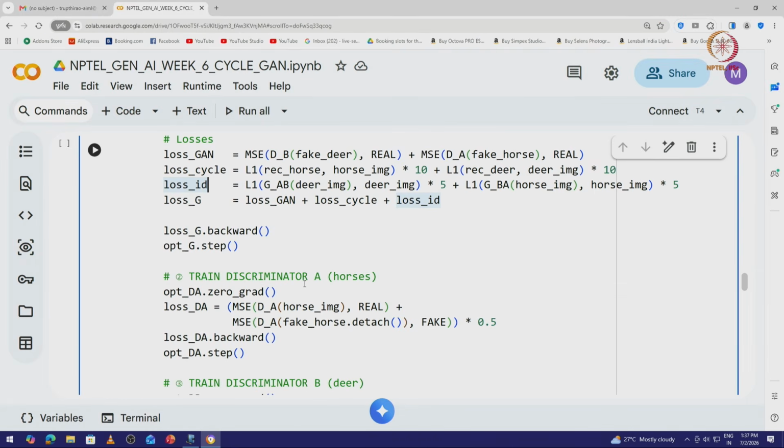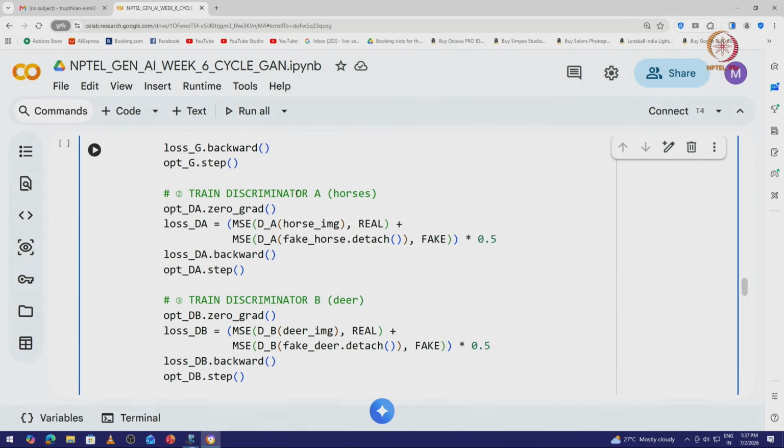And del L by del W depends on the optimizer, and our optimizer is the Adam optimizer, which is based on beta 1 and beta 2 values. So, totally, what is the training of discriminator A, and what is the training involved in discriminator B? Training of discriminator A means the mean square error associated with discriminator A, which takes the real image into account, plus the mean square error for discriminator A, which takes the fake horse image into account. So, multiplied by 0.5,